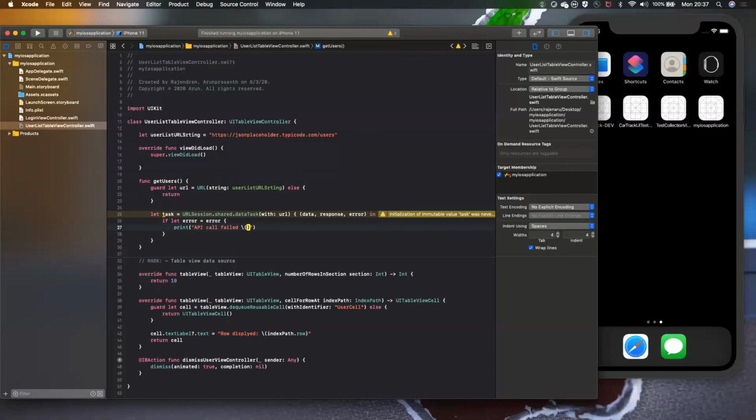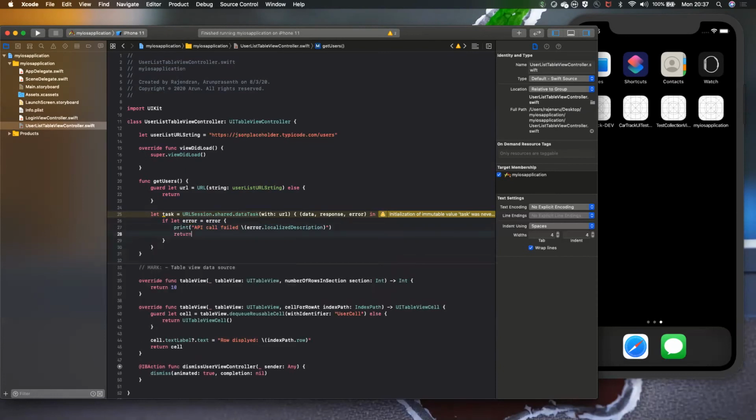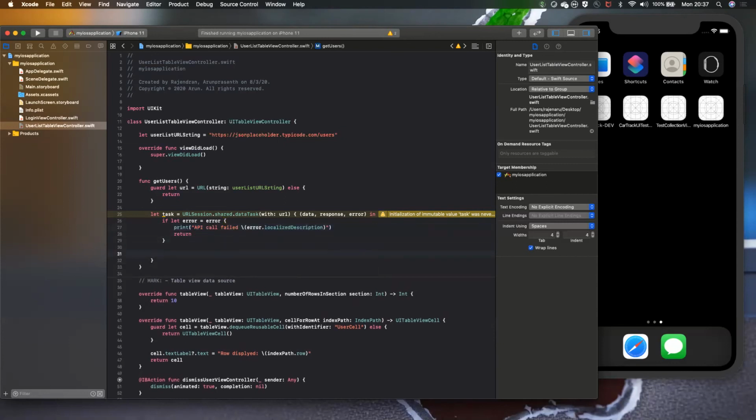You should know what the error is, so you can get it from error dot localized description. This will give the details of what happened, why the API call failed. So those details can be added here. And if there is no error, your API call is a success. Next, we'll access the data.